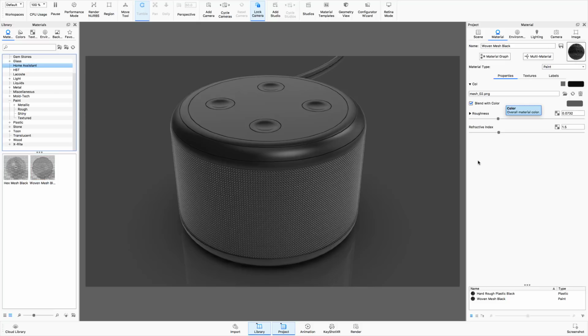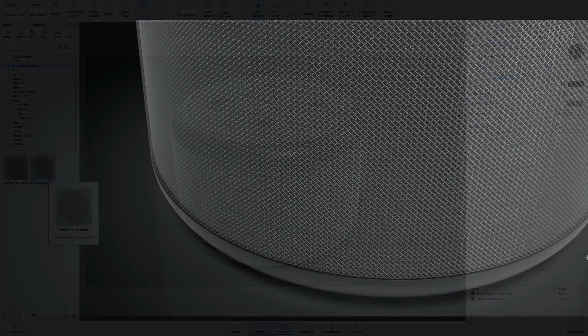Okay, and I'm just going to now quickly render out a couple of images showing the detail of the mesh with the hex mesh and the woven mesh. So this is the render of the woven mesh. You can see that around here now the transparency or the opacity is looking really nice. We can see the sort of folded edge along the bottom. A couple of things that we can see on here, however, is that there's a couple of bands along here,